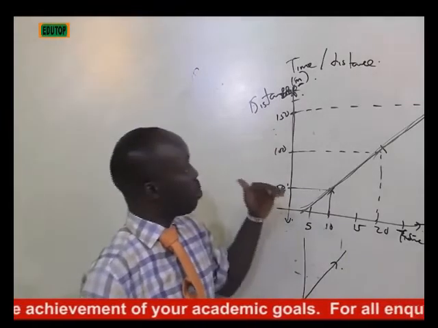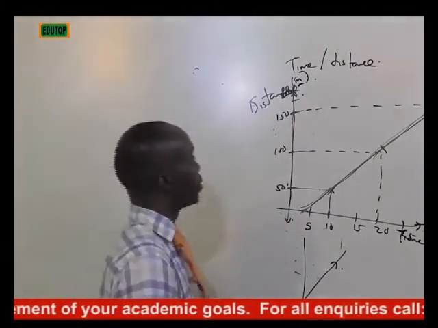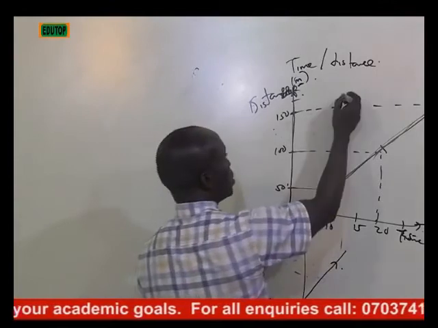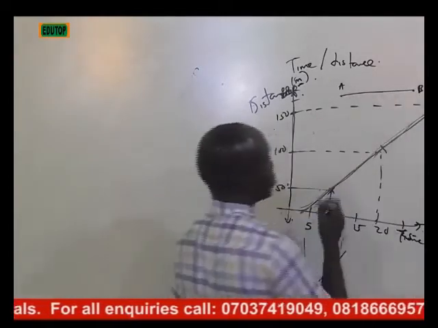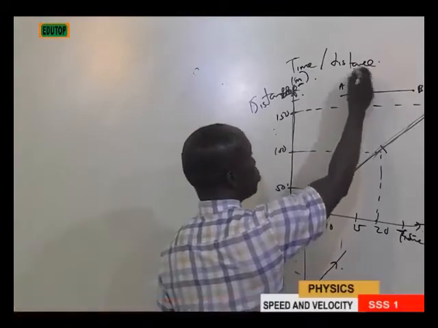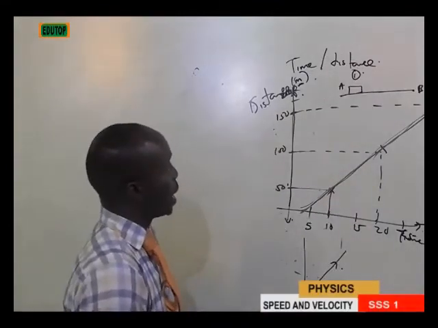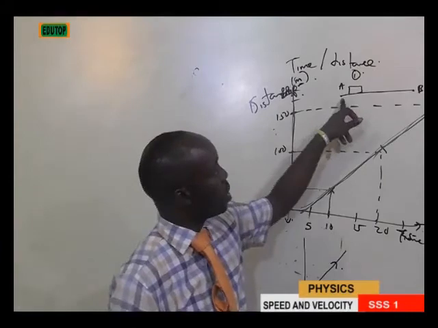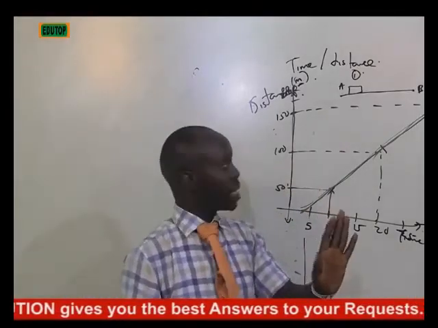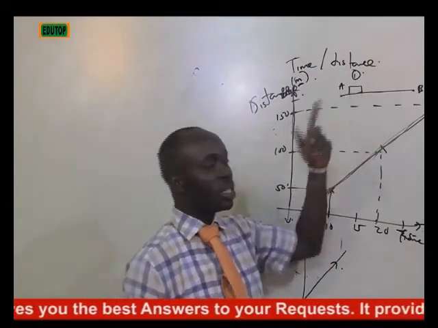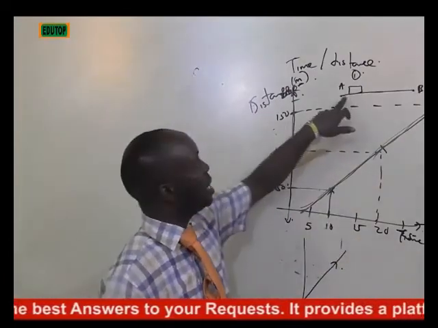For a body to move from point A to point B, two things can take place. Point 1, this body can be moving from point A to point B, increasing its speed while it's moving. Do you understand? That's the type of movement with non-uniform speed. But this body, same